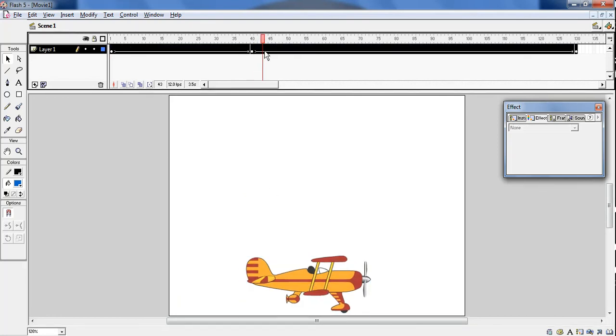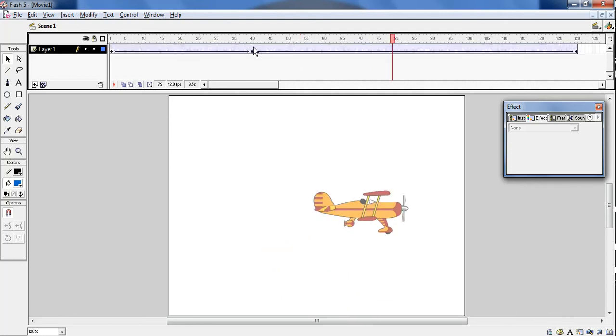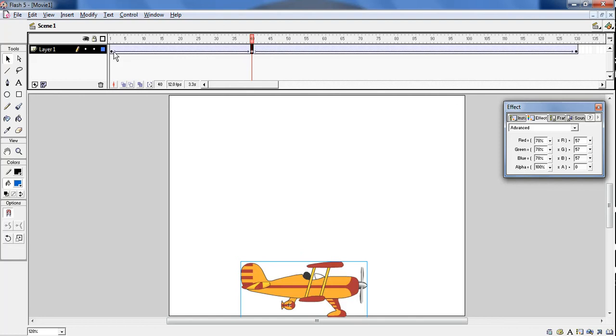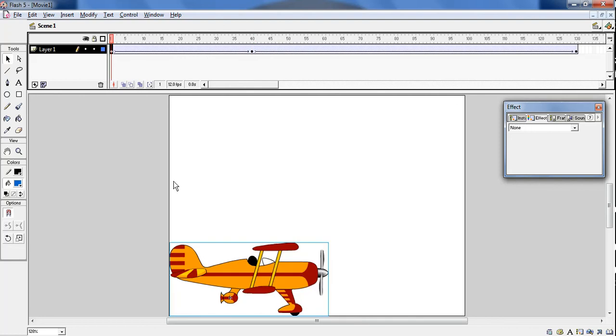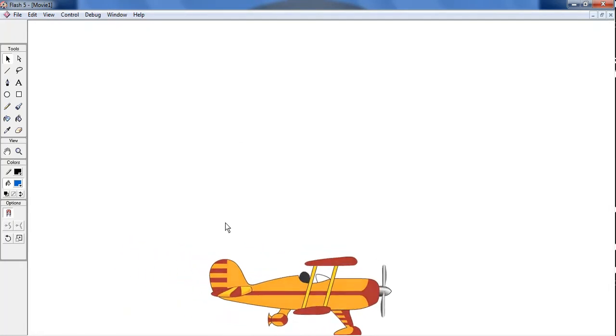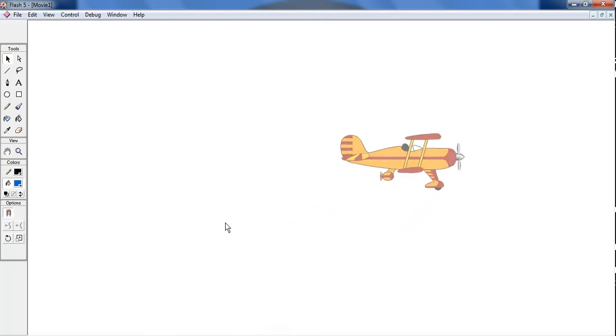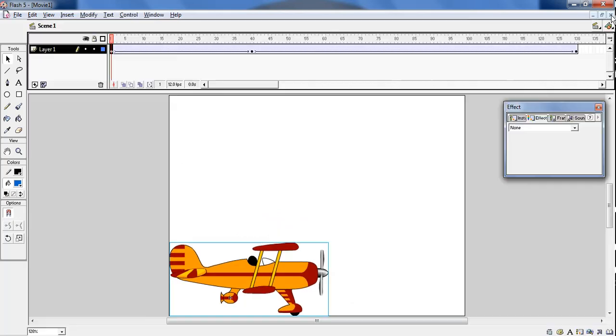See now, for the rest of the frames, it is slowly moving. Okay, on the 40th frame, the object is here. On the first frame, my object is at the left bottom corner. Okay, let's see now. Let's play this. Now what is happening? Why is it changing the size? Can you please understand this? Let's see. It is changing the size because we did it directly from the first frame till the last frame.